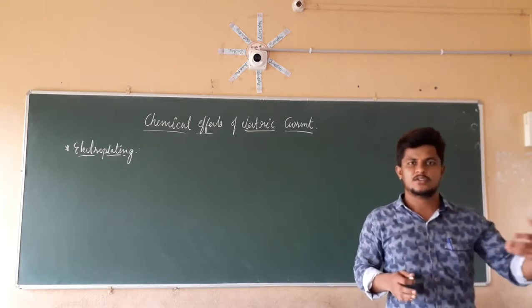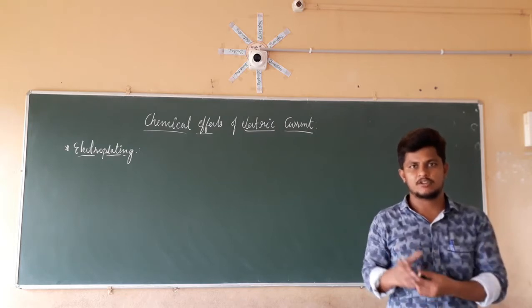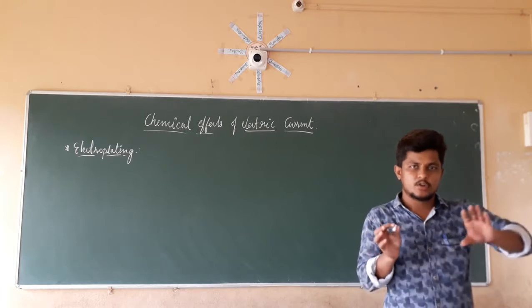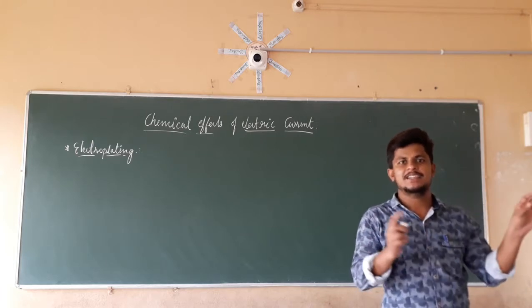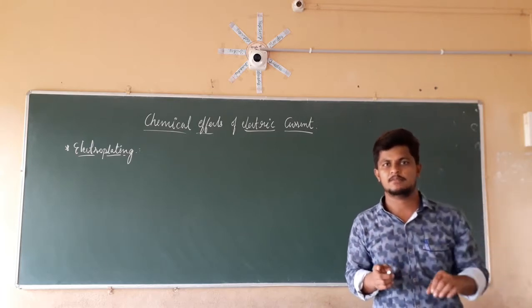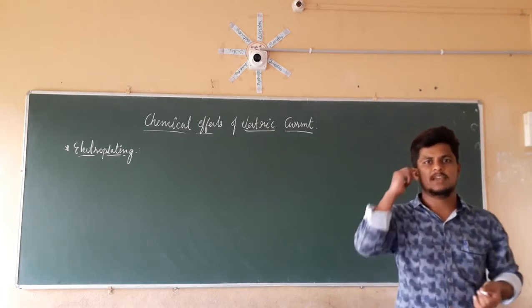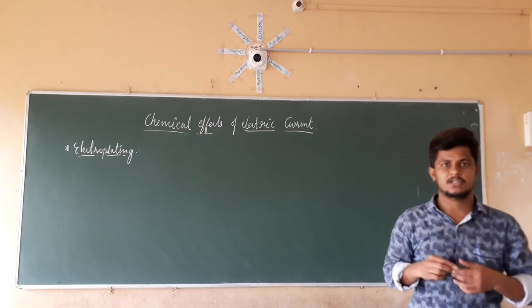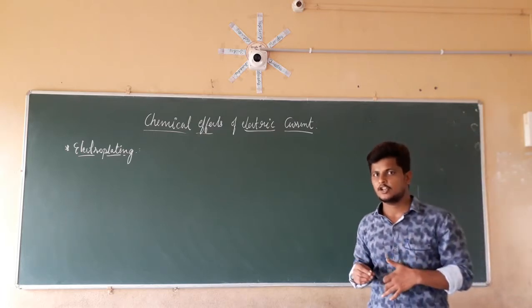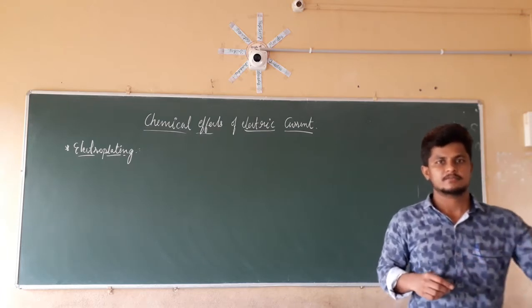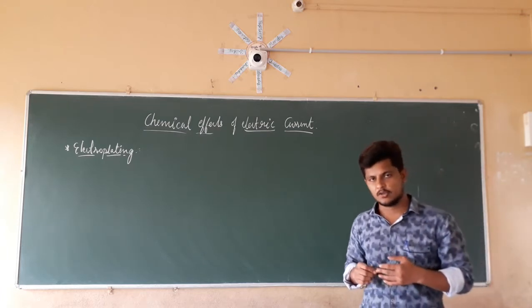The hydrogen is released as hydrogen gas and the oxygen is released as oxygen gas. Both gases are present near the electrodes, that is, the carbon electrodes. So the release of gas is one of the chemical effects we studied in the 7th class. The release of gas is a chemical change, because a chemical reaction is occurring.